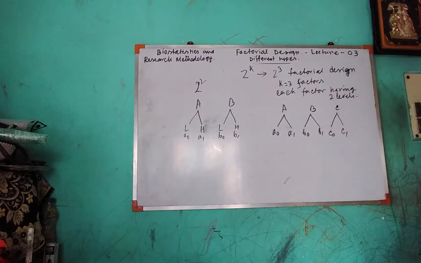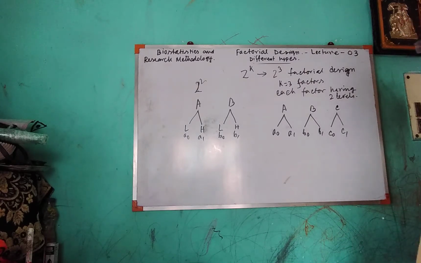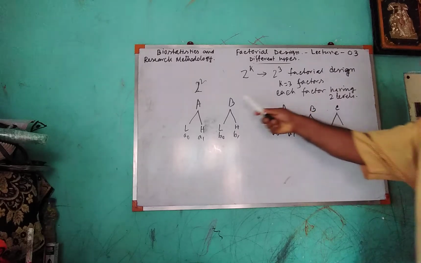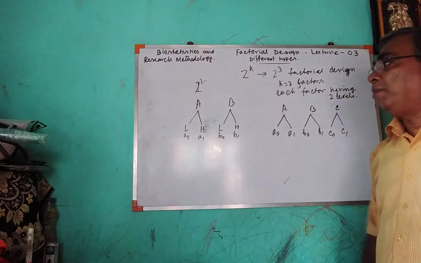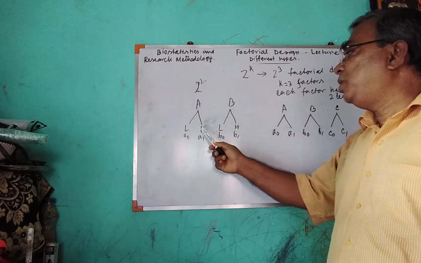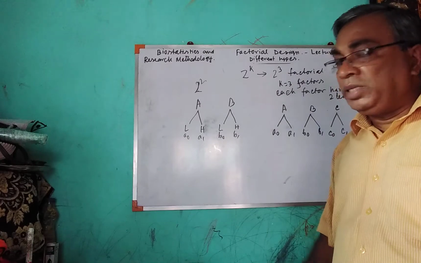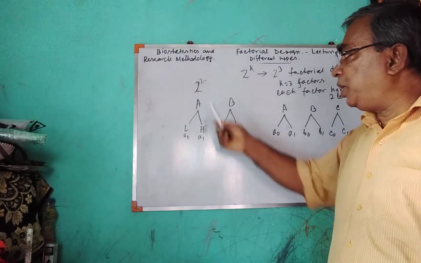These are the levels. A level means, suppose, doses of medicine. Doses of medicine are known as levels. Suppose Disprin, and this is a Panadol tablet. Disprin having suppose 5 mg and 10 mg. So 5 mg and 10 mg are the two levels of Disprin.